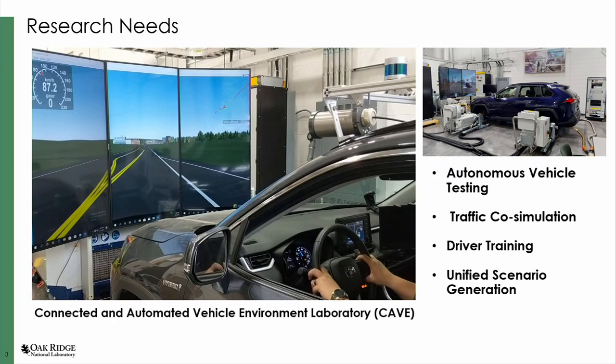It can be a traditional vehicle on the dynamometers, and then connect the dynamometers to a high-performance computing device that is loaded with different traffic simulators. And then in that setup, we could test the following